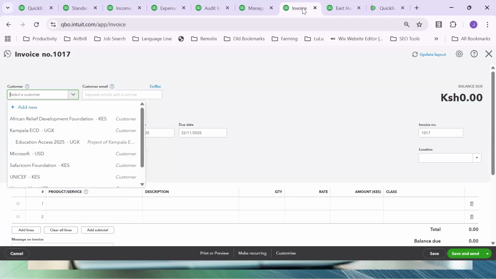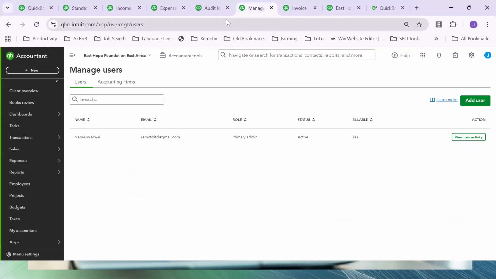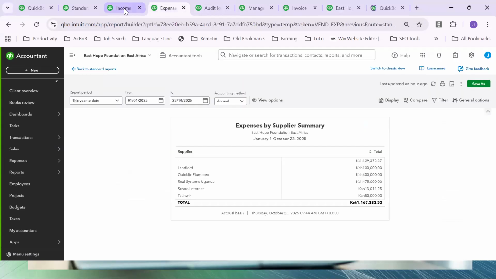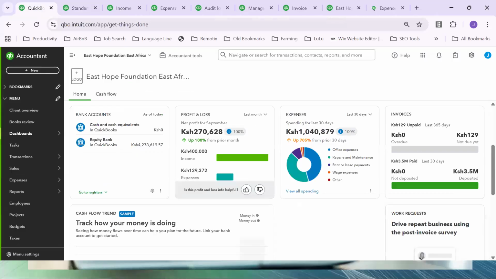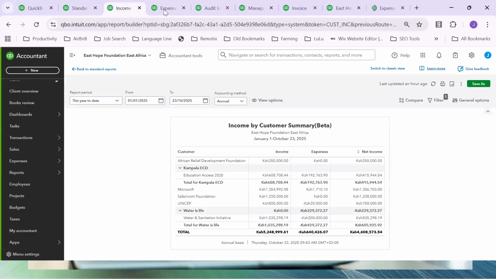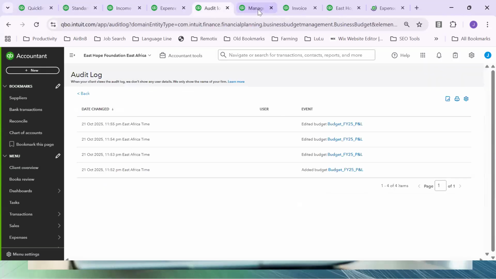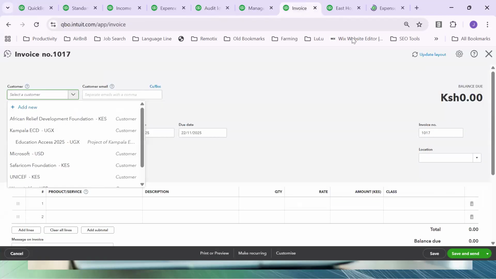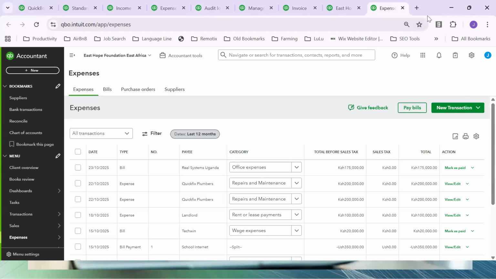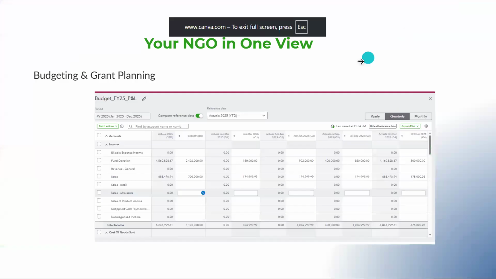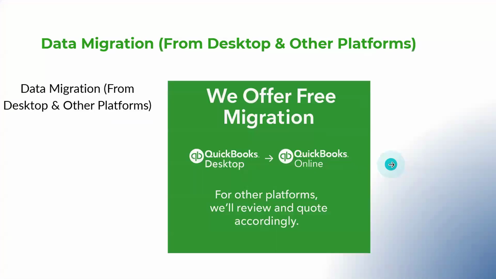So we'll switch gears a little bit, and I think we have covered most of the key areas of QuickBooks. Yes, we've gone over the dashboard, the menu, the income, the expenses, the security, managing users, the invoice, the budget, and of course, the expenses. So this is how powerful QuickBooks can be. And as we wrap up,